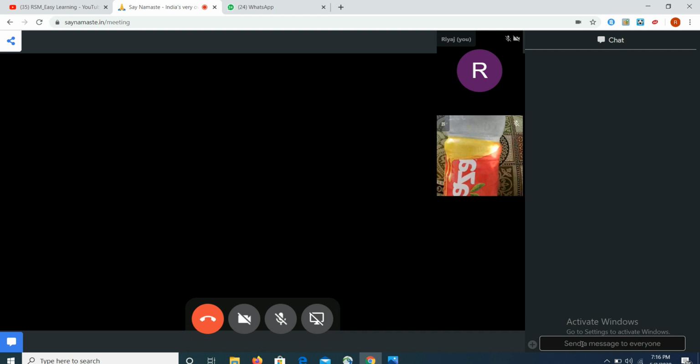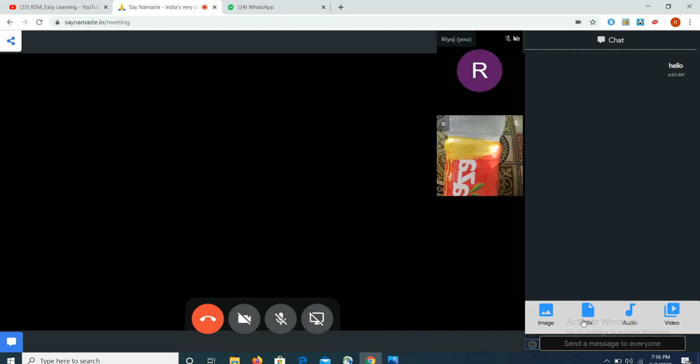We can also send messages within a team through the chat option which is present here, like hello. At the same time, we can also send attachments through this part. Currently this application is in beta version, so we can add participants up to 25 only.